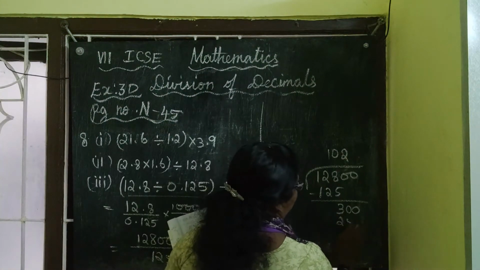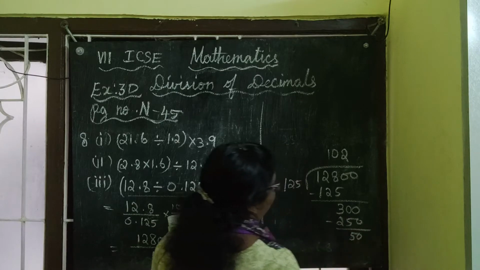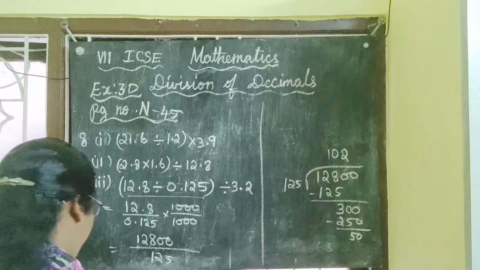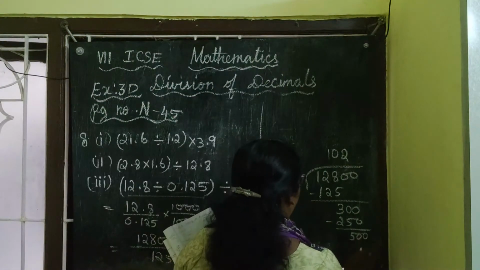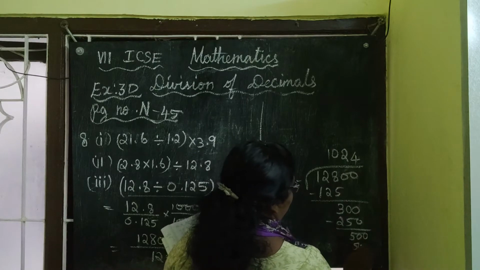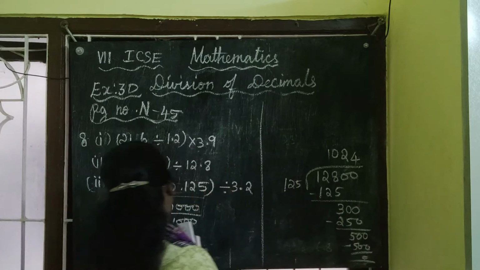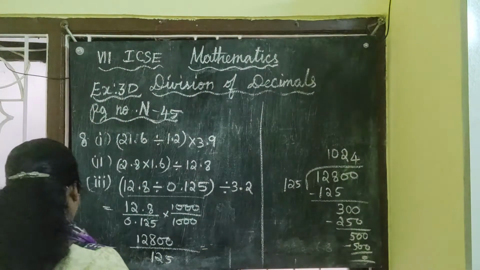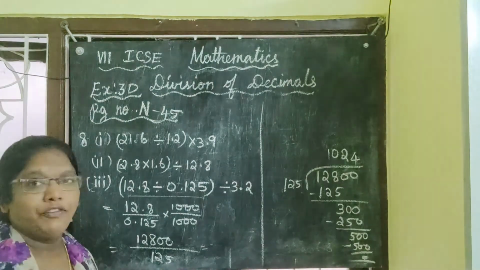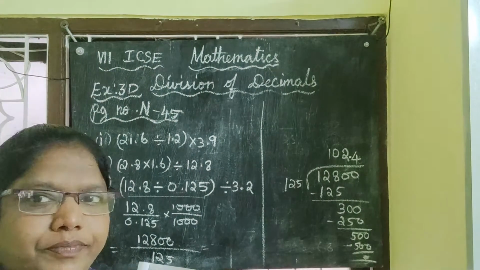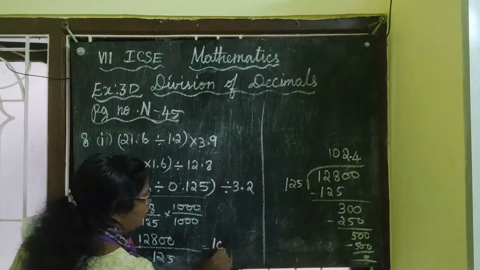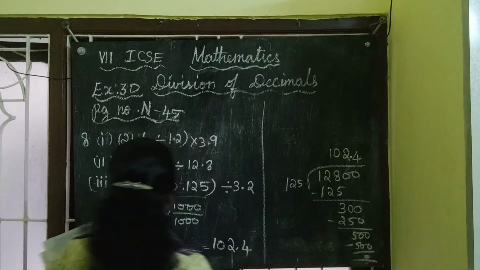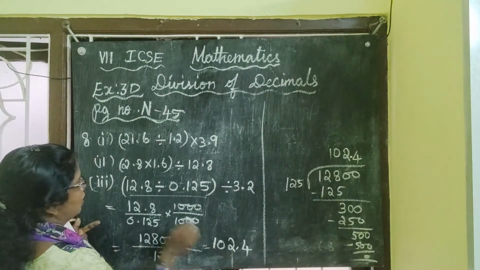200 by 250. Now remainder 50. Now add one more 0. What are we getting? If you add one more 0 here, 4 times it will come. So 500. Answer is 500. So when you divide this, what will you get? What is the answer? Listen carefully, listen to the division properly. So your answer is 102.4. Okay. Here I am keeping the point and adding 0.